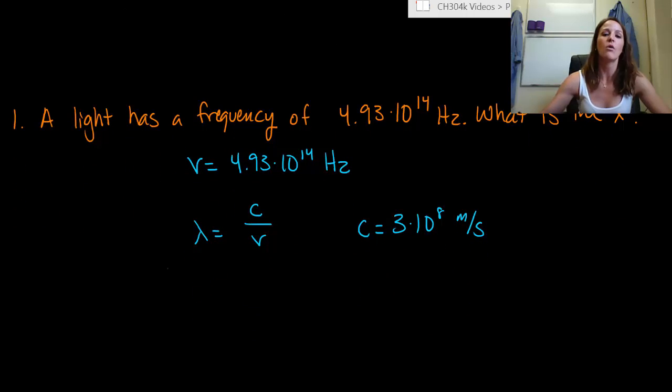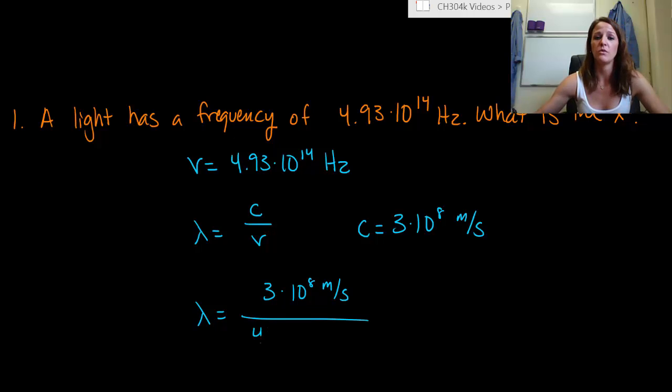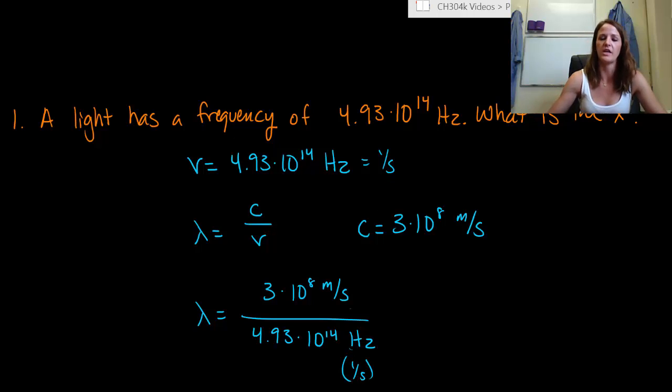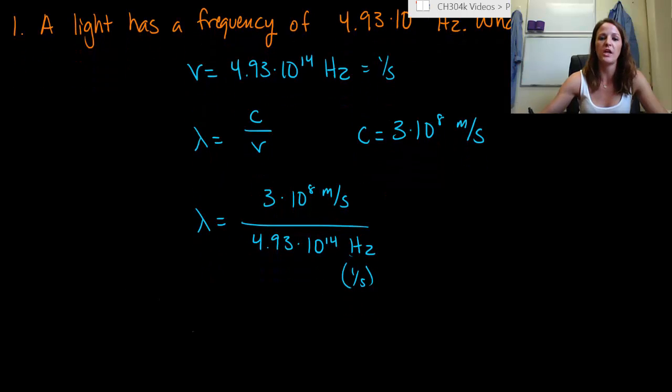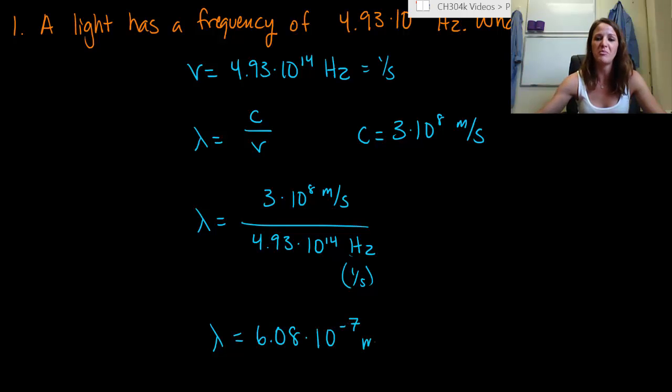That's our constant. So all we need to do is put our wavelength here. Speed of light goes on the top, 3 times 10 to the 8th meters per second. And we divide this out by our frequency, which is 4.93 times 10 to the 14th hertz. Now remember, hertz is equal to 1 over second, so we can do hertz here, or we could also just put in 1 over seconds. Either unit would be fine. And if we were to calculate this out properly, we would end up with a wavelength equal to 6.08 times 10 to the negative 7th meters,